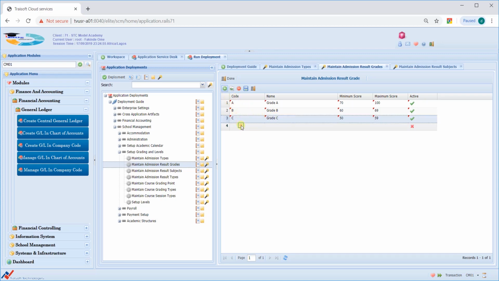Then we have a grade D. Okay, grade D starts from 45 to 49. Then we have a grade E, and that will start from 40 to the